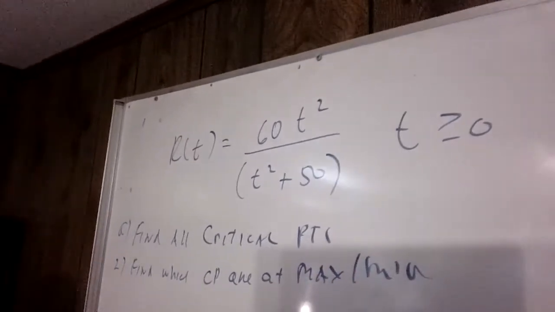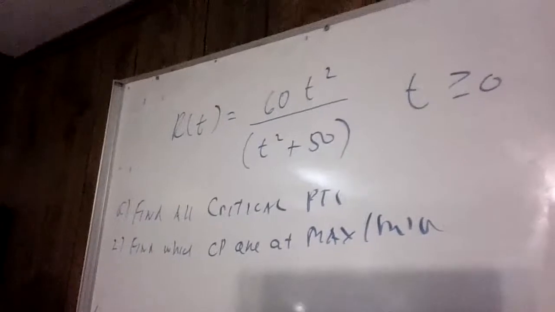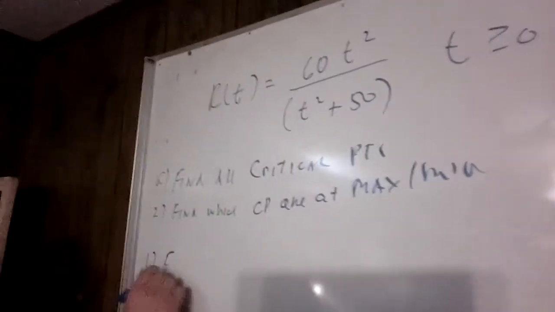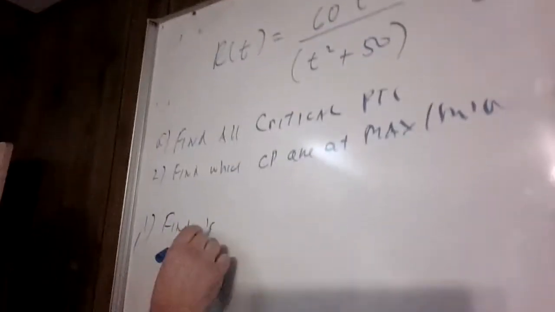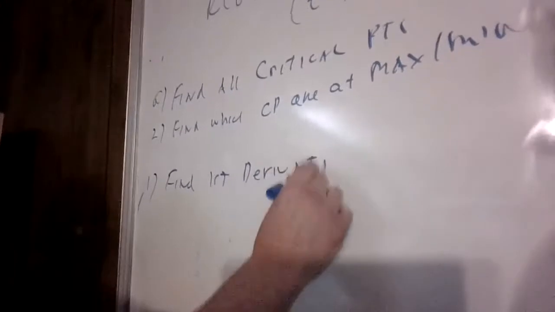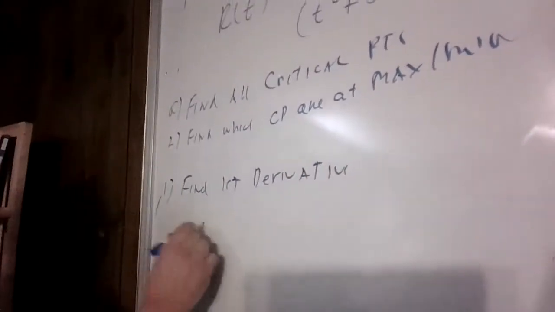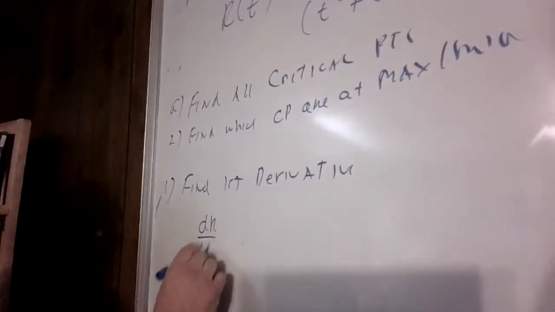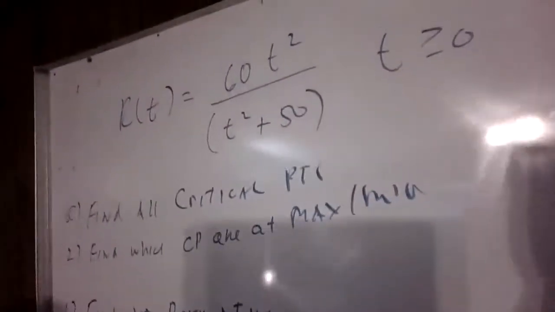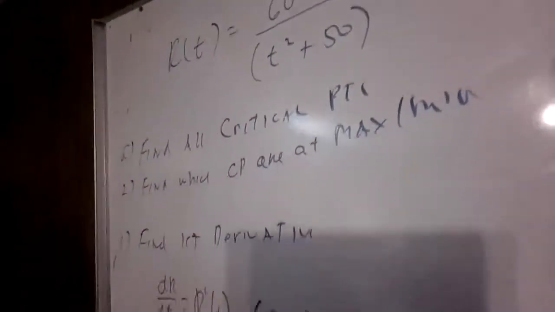Since this is profit, you would want it at a maximum. So the first thing is find the first derivative. Remember, critical points, first derivative. So dR/dt, this is the quotient rule. It's the bottom times the derivative of the top